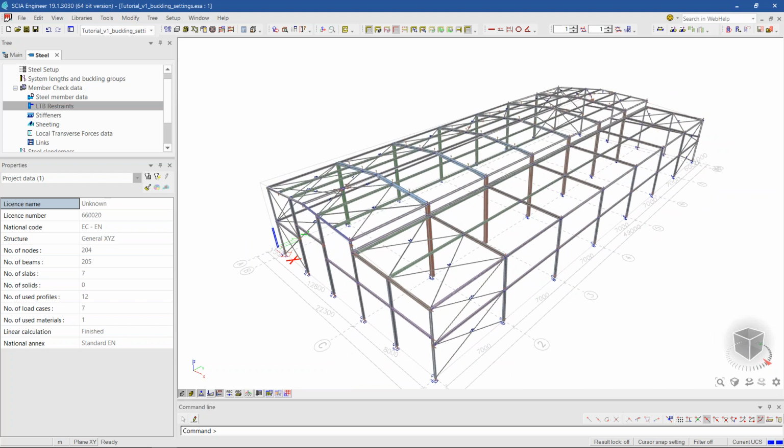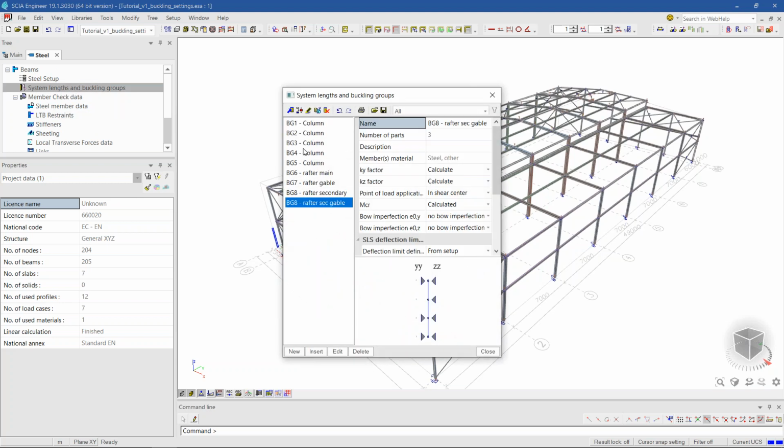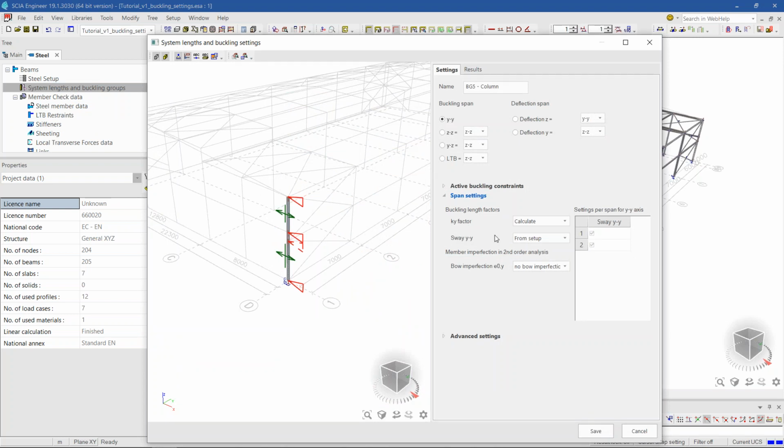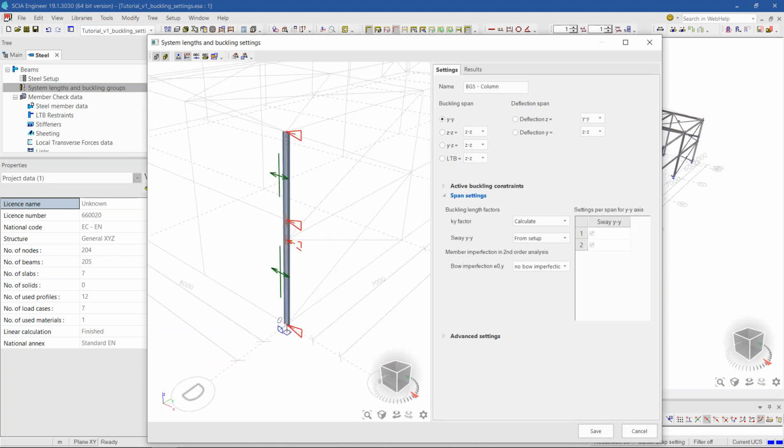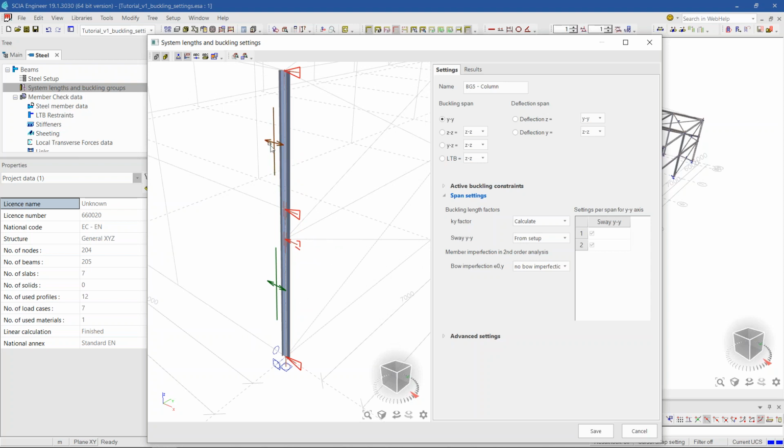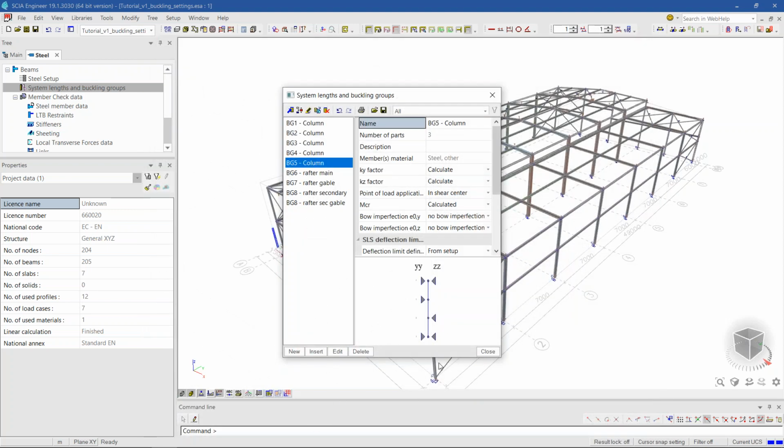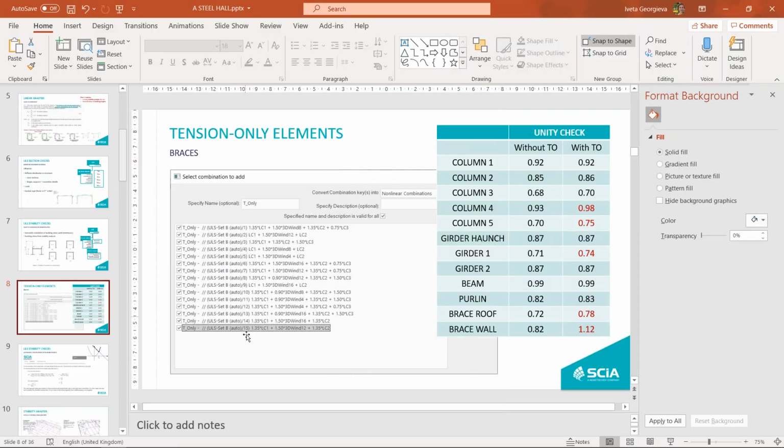I will again look in my cheat sheet to see if I have missed something. Of course, I didn't say anything about the sway and non-sway setting. We've just used, here you will see from setup, and in the setup it is defined that the strong axis of every column, or column or beam, is assumed to be sway, and the weak axis is assumed to be non-sway. Now, this is not really good enough, and for that I go back to my presentation